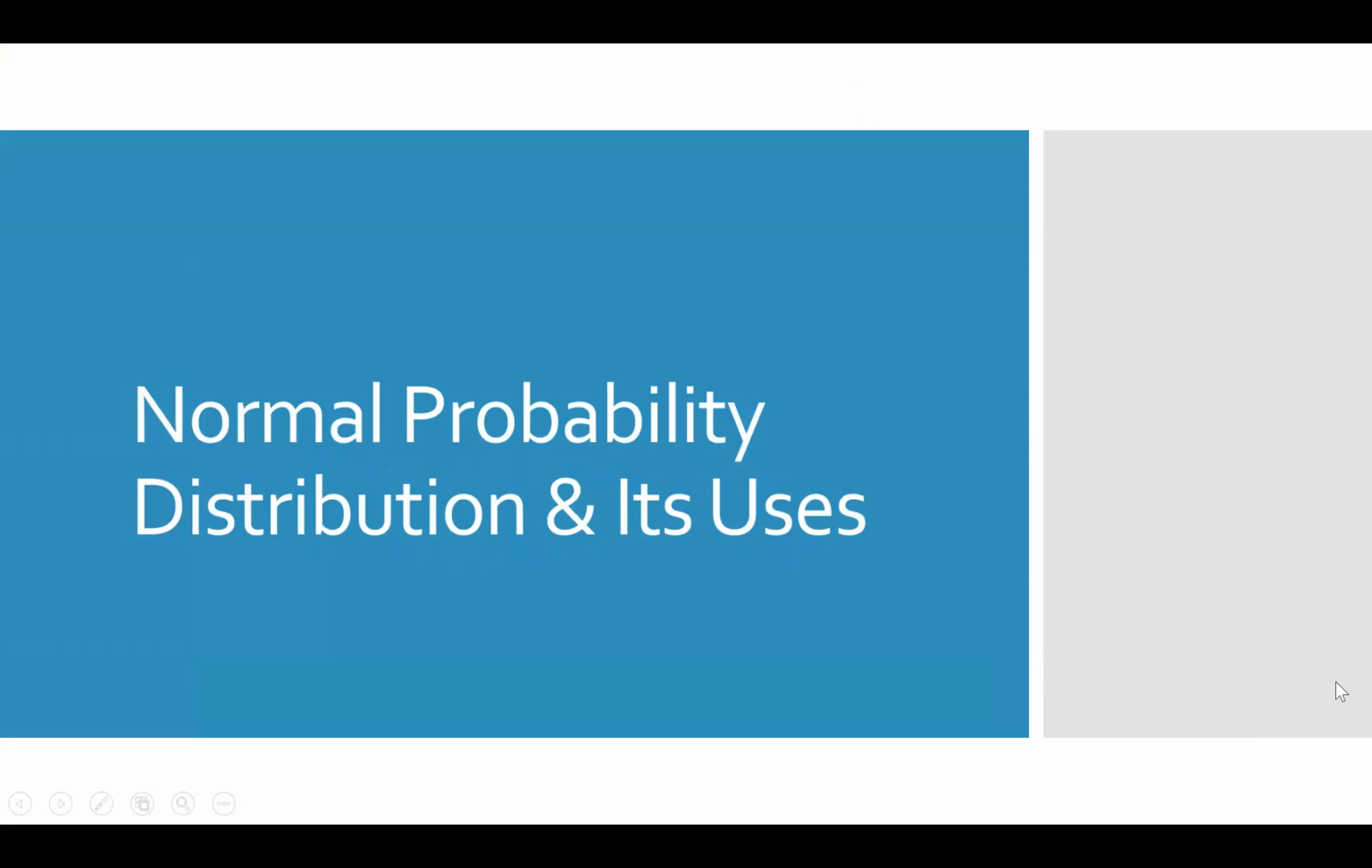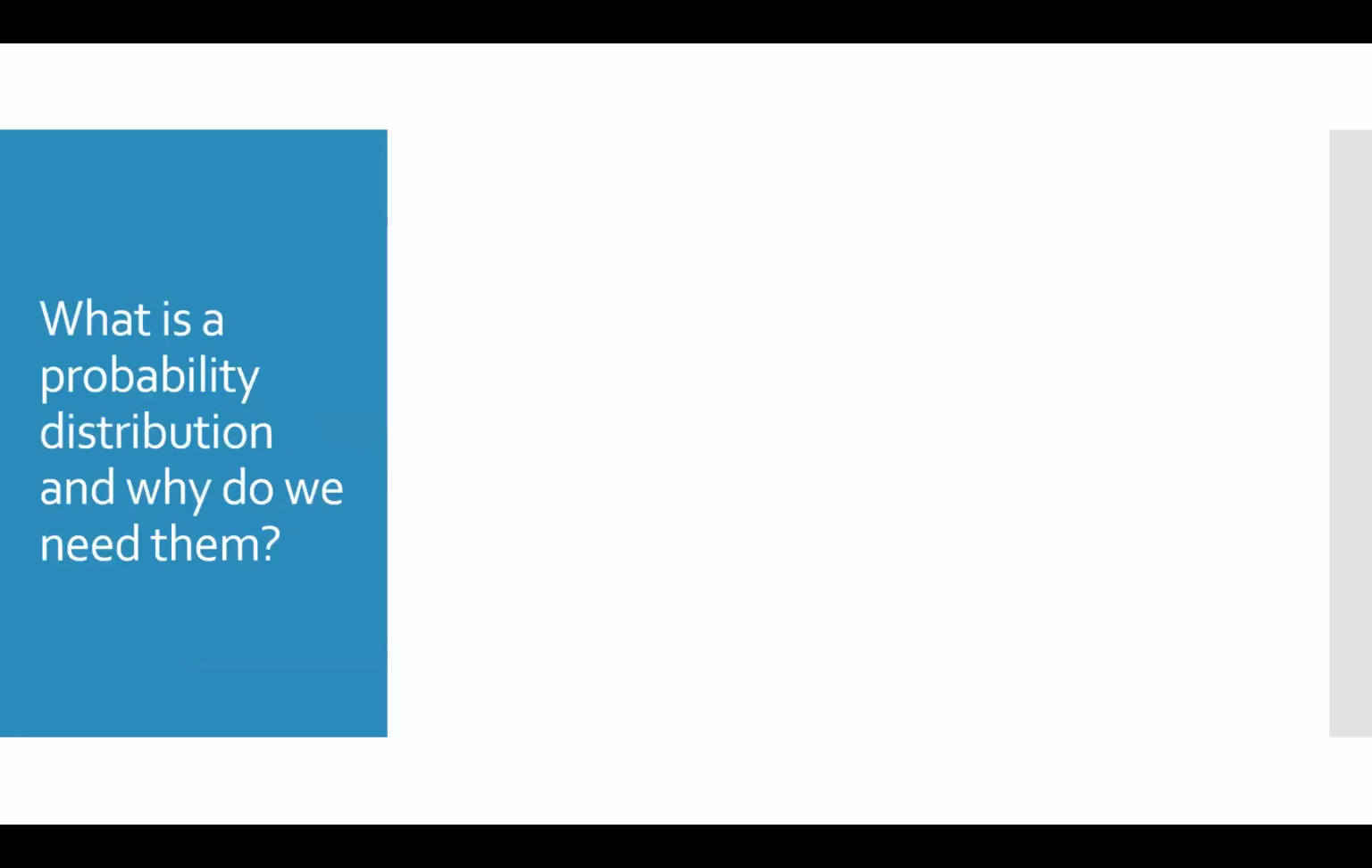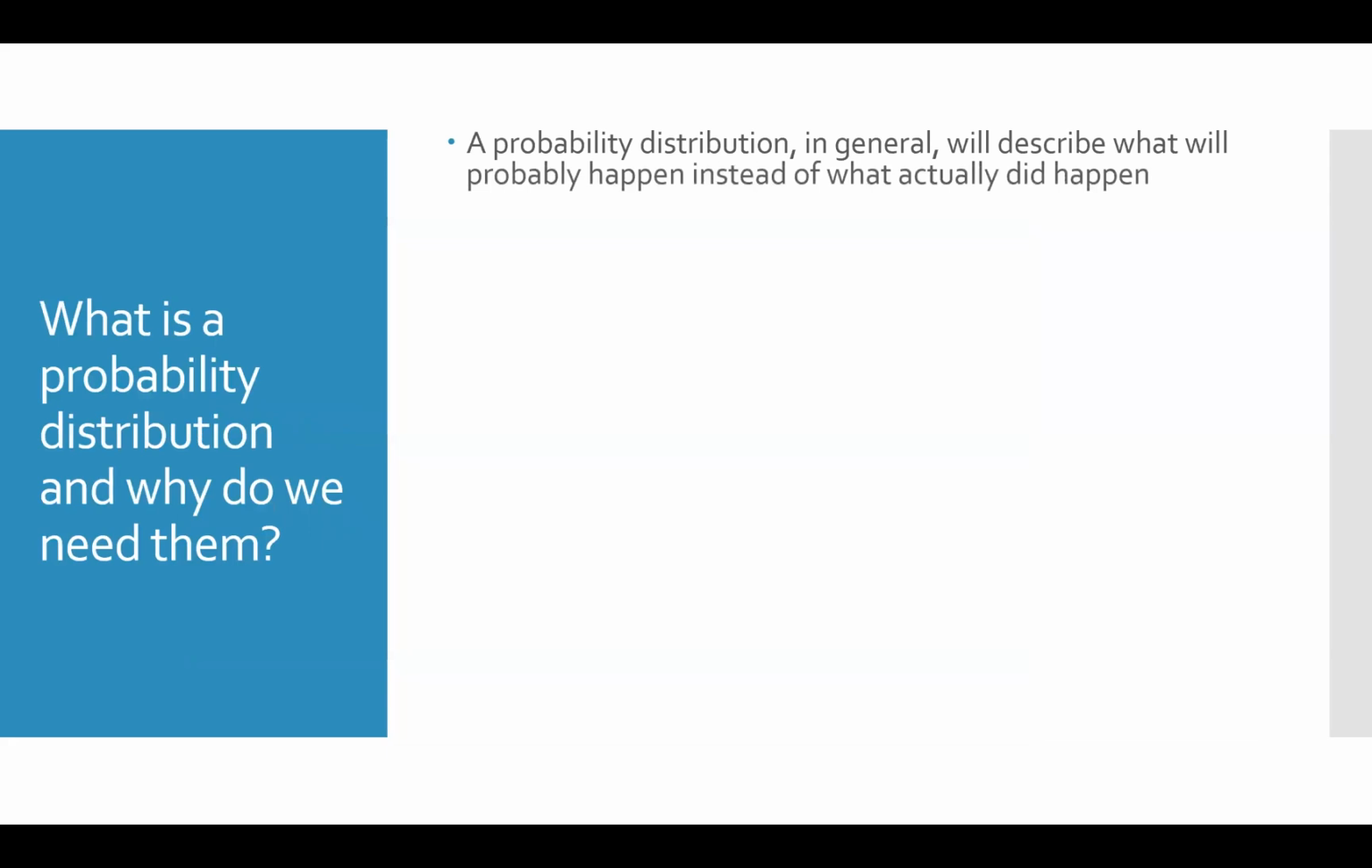Again, we're continuing our discussion of a continuous probability distribution and its uses. We talked a little bit last week about what a probability distribution is. A probability distribution in general describes what should happen if everything works the way it's supposed to. If everything works perfectly, the probability distribution describes what probably will happen or could happen as opposed to what actually